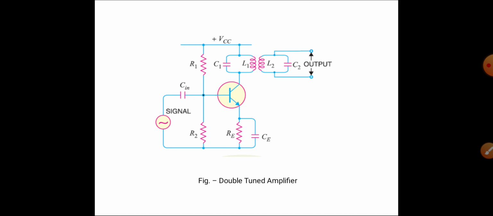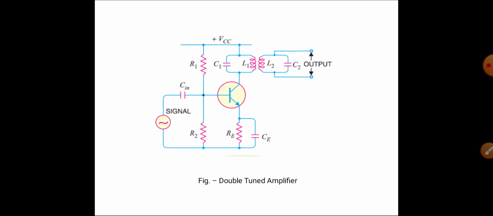When you make the resonant frequency of the first tuned circuit L1C1 equal to the input signal frequency, then this first tuned circuit offers very high impedance to the signal frequency. Then a large output appears across the output of the tuned circuit. Then the output from this tuned circuit is transferred to the second tuned circuit L2C2 through mutual inductance. You may know the concept of mutual inductance.